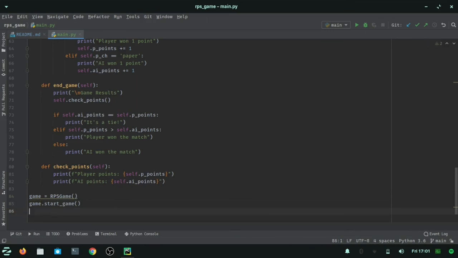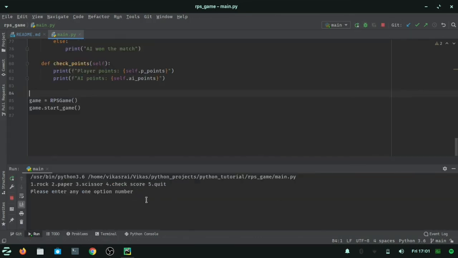So now guys, let's try and play the game that we have created. We have successfully created an RPS game that you can play using your terminal. Now it's time to run the program. You can see we are going to get rock, paper, scissors, check score, and 5 quit. Here we are going to get, please enter any one of the options. Now if I just press 5,